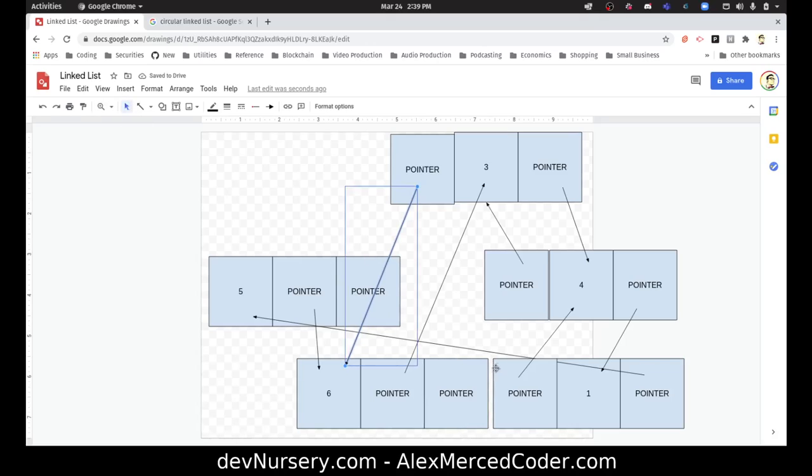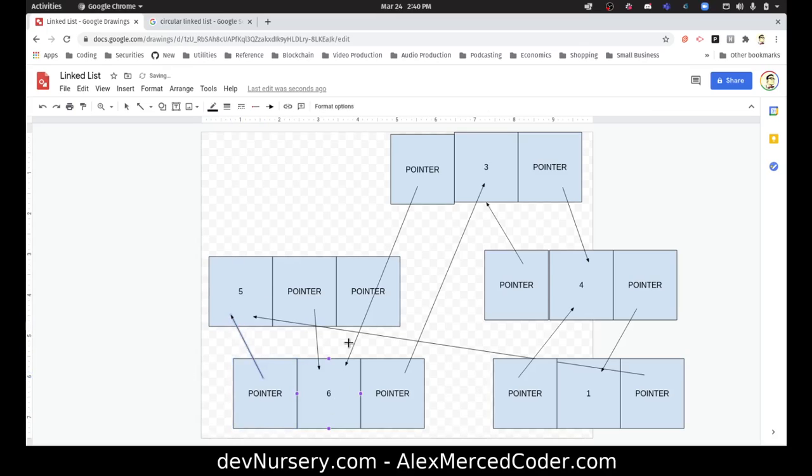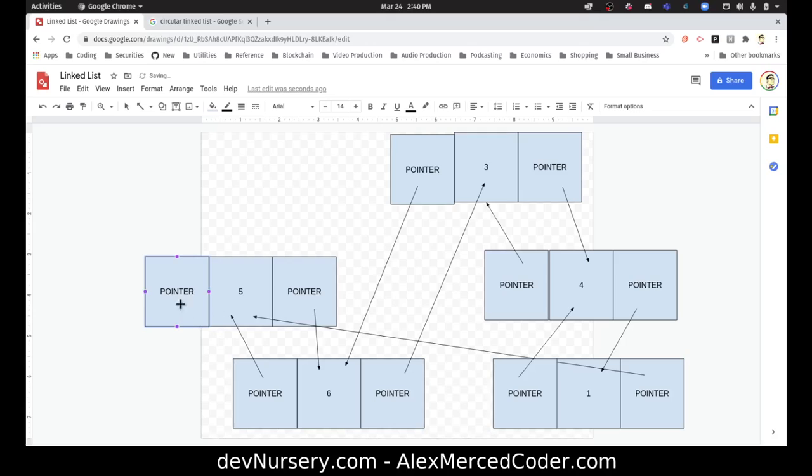And let me just fix this over here. This should be there. And then this pointer will point back to here. And then fix it again here. And then, it being circular, the first one's previous pointer would point all the way back to